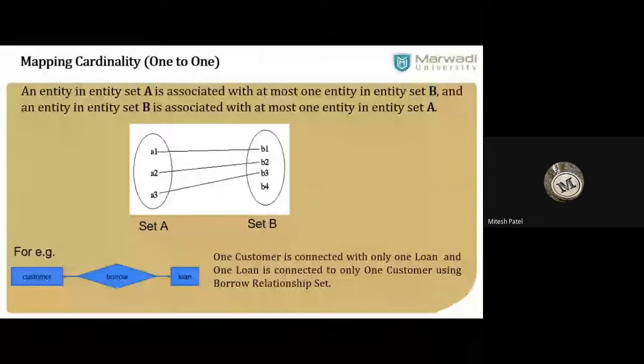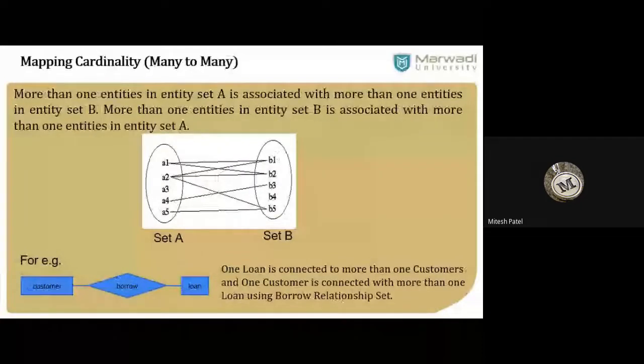An arrow means one. If there is one small line on that, it is also one. If there is a double line on that line, it is many. It is many because if you are referring to some other online material, then you will find this type of symbol, like an antenna-type symbol, and that means many. One line means single. Here no arrow means many to many mapping cardinality, right?